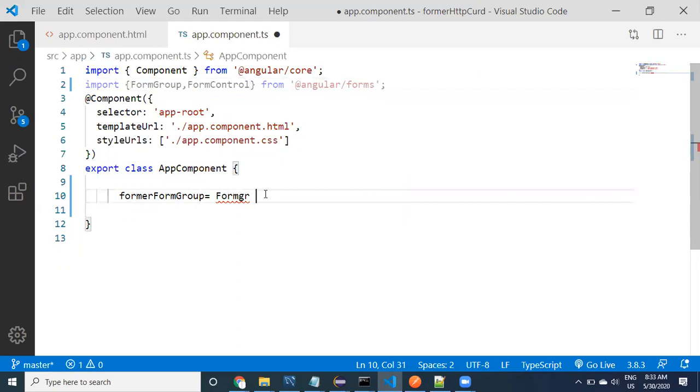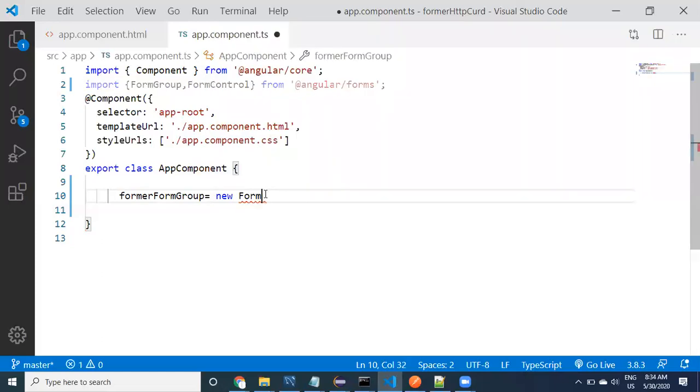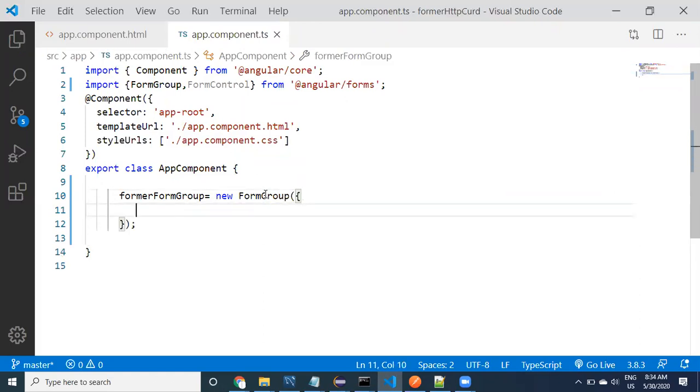First let us create a form group object. We say new FormGroup, which takes a JSON. Inside the JSON we need to take some values. If you observe carefully, we need three values.